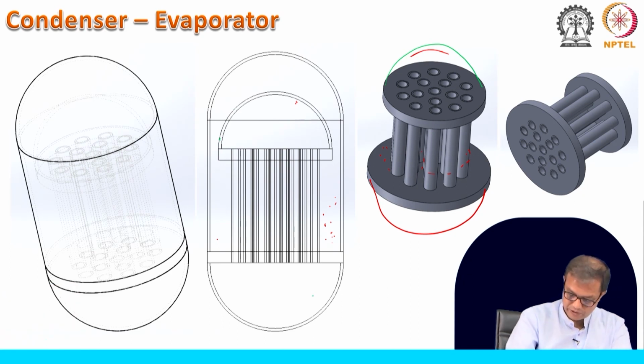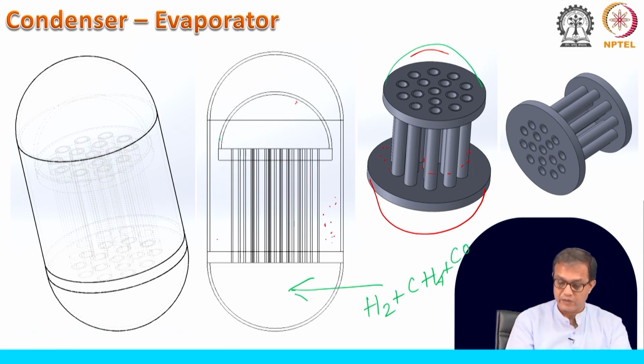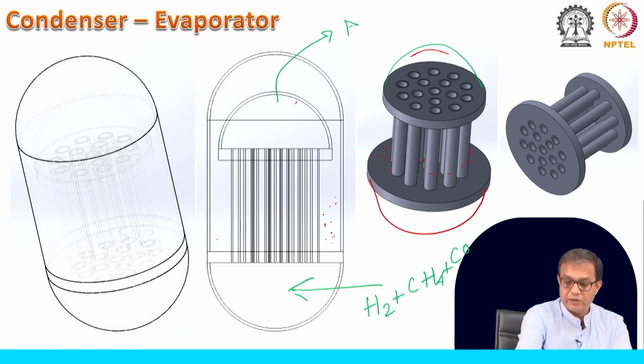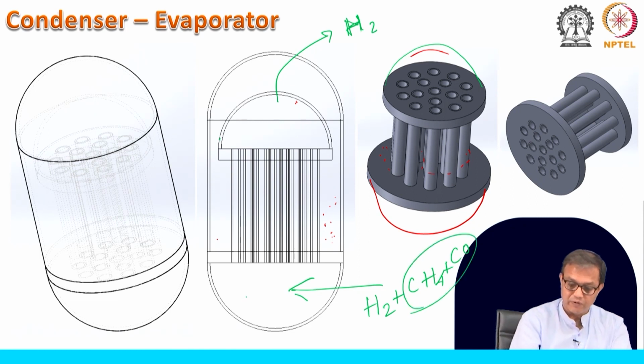So, at this point it was coming as H2 plus CH4, and then we had the CO. These three things were coming out of that. This H2 was collected at the top, whereas this methane and CO was under pressure, and they were getting collected over here or getting liquefied, and this high pressure gas was expanded, as we have learned